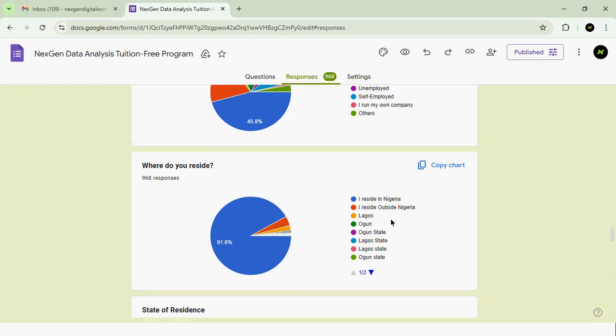I've not even seen this, I'm just seeing it now. Can you see that there are some people that registered from abroad? Here I'm having, in fact, quite a number of them. That's 37 persons that have registered outside Nigeria. So there are some people from abroad in different countries that have registered for this course, and that is